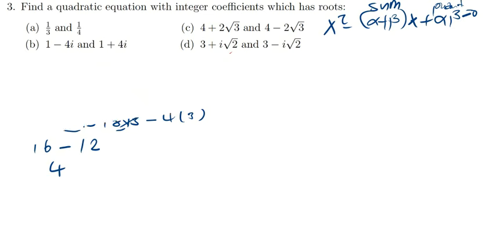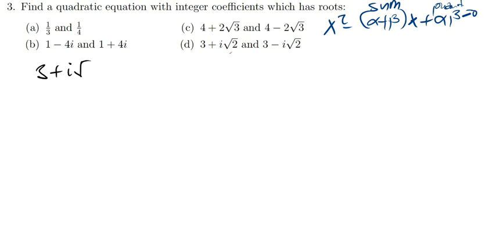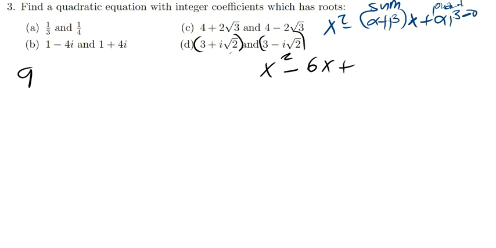Let's go now to part D. First thing, add them. 3 plus i root 2 plus 3 minus i root 2. This minus this is 0, so I'll end up having the sum to be 6, x plus the product. Let us multiply them. So we are multiplying these by those. So 3 times 3 is 9. 3 times negative i square root of 2 is negative 3i root 2. i root 2 times 3,